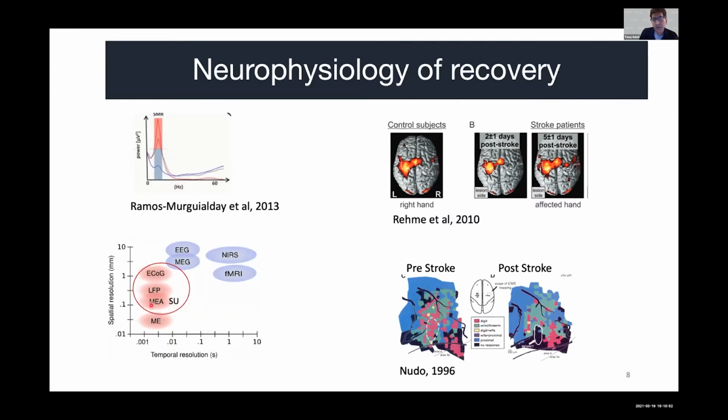So the single unit recordings obviously have a great spatial resolution if you compare it to, say, EEG or a non-invasive technology. It also has good temporal resolution, which fMRI and techniques such as near-infrared spectroscopy don't have. And some of these tools have been used for assessing stroke recovery. For example, in this case, this group in Kansas, they've looked at non-human primates. So they've looked at these brain maps, the motor maps in the monkeys.